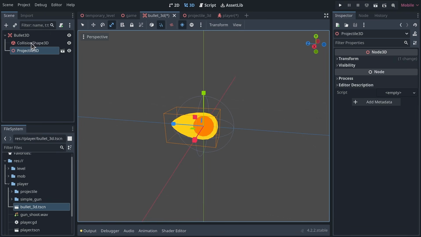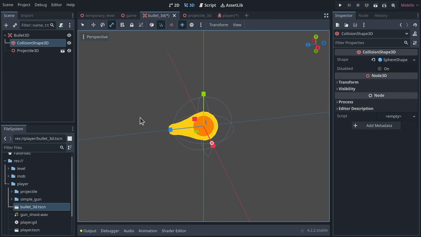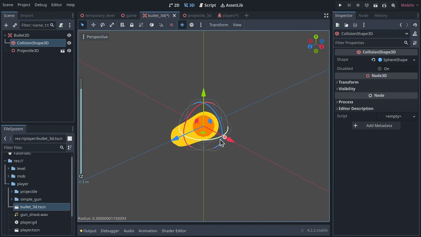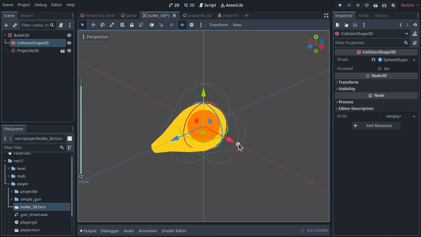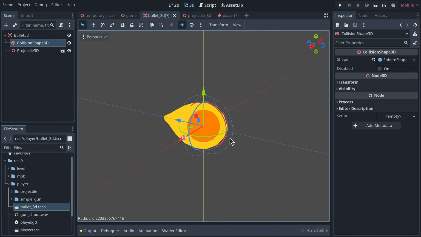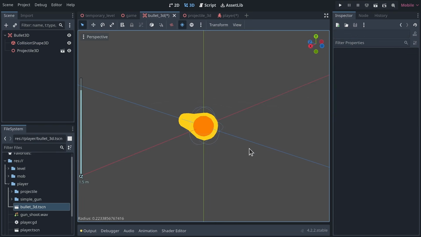And then I'm going to select the collision shape 3D node, and I'm going to go back to the select mode and click on the handle. I'm going to press shift on my keyboard to make the collision shape a bit smaller. Actually, I'm going to turn off snapping again, zoom in and click and drag on the handle to make the sphere a bit smaller. Okay, now if I save the scene by pressing Ctrl S on my keyboard